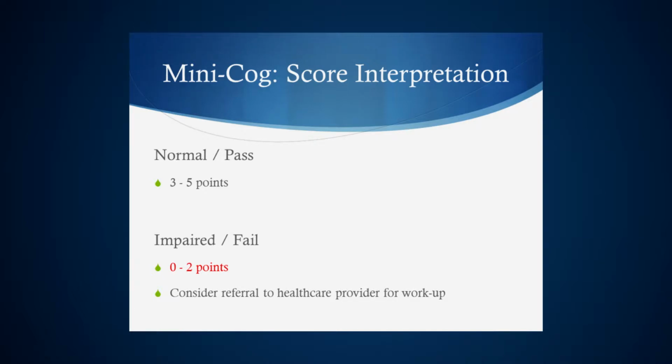So they get lots of wiggle room for normal. But a red flag or a failing score is a 2 or less: 0, 1, or 2 points. In the case of an impaired Mini-Cog, we would want to, again, connect that person back to their doctor for a memory loss workup if we can, and incorporate the fact that they have cognitive impairment into a